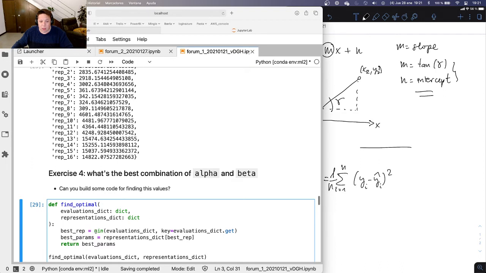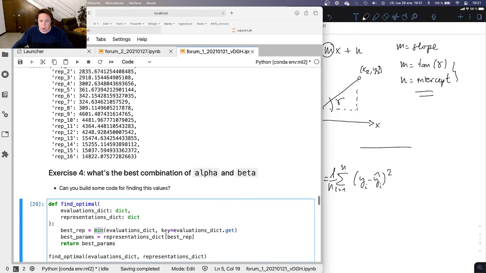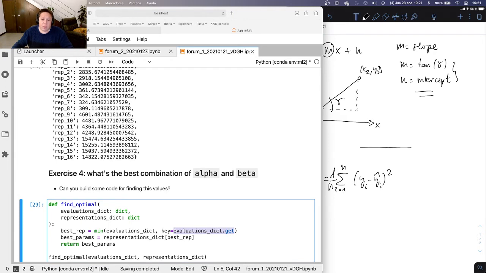We can do that by using the min native function in Python and passing this key, okay? We are basically telling the min function how we want to compare the values, because we are passing a dictionary, okay? So this is the way to calculate the key that holds the minimum value